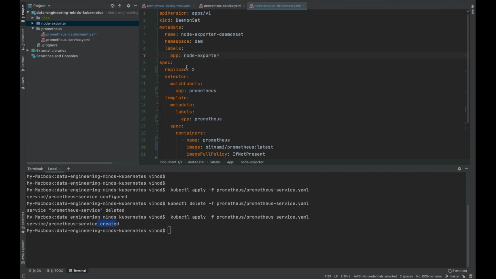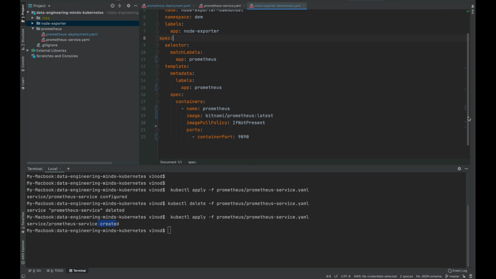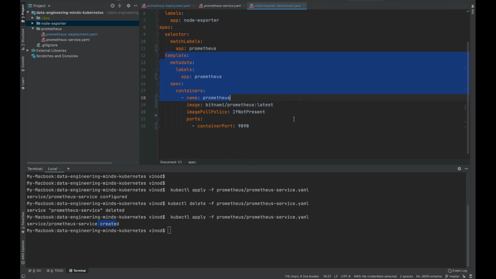Since we are going to deploy this as a daemon set, one pod will be created on all the available nodes. So we don't have to specify anything like replicas inside the specification, and then we have to make the configurations for the pod. First thing is metadata. Inside the labels we have to name it as NodeExporter,